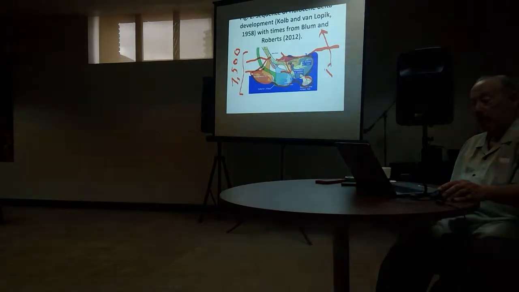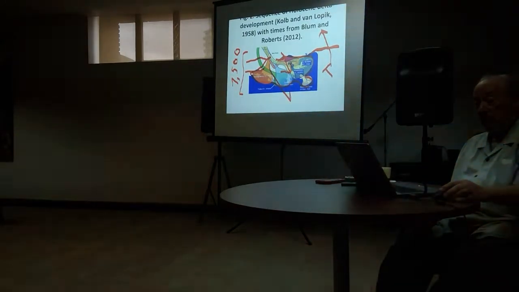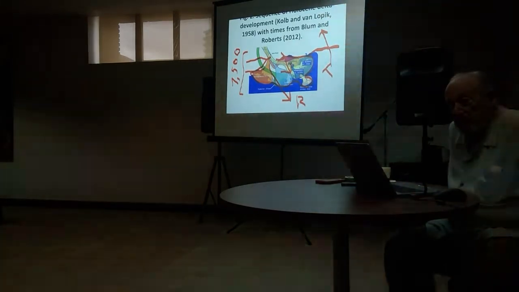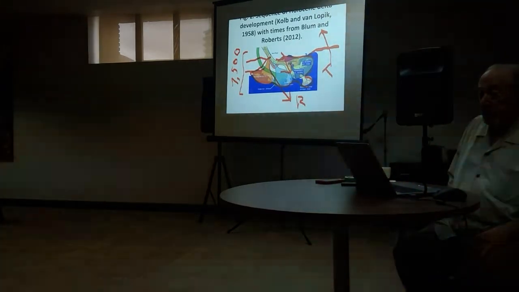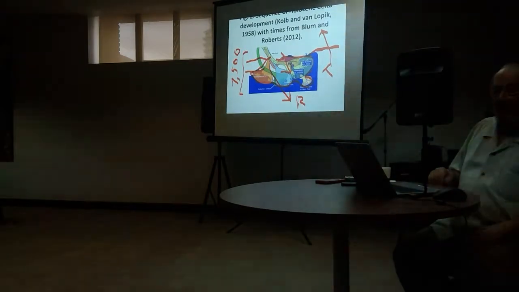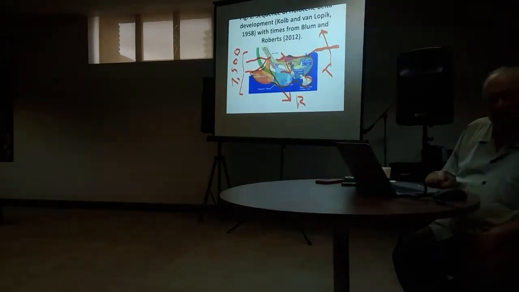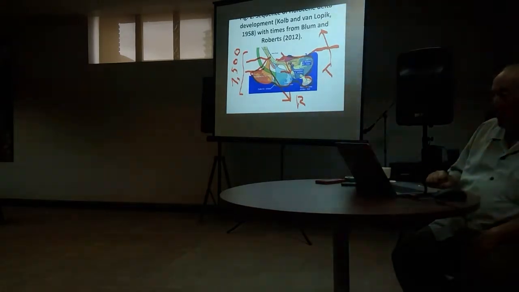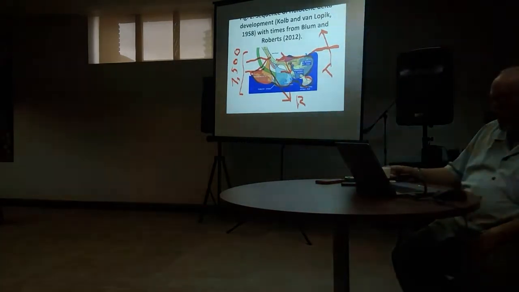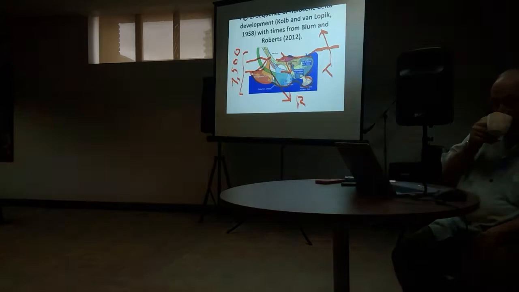You have transgression over here, and in the main part of the delta, prograding seaward, you get regression. Okay, so that's one of the examples where you can get them both occurring at the same time. Now, something like this causes a lot of problems for exploration people, for example, because